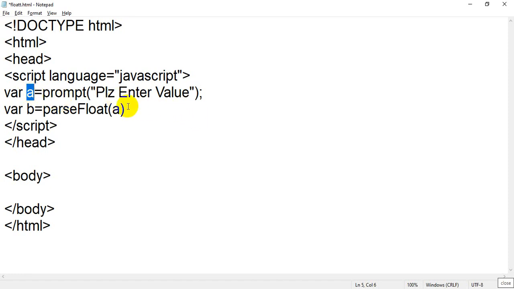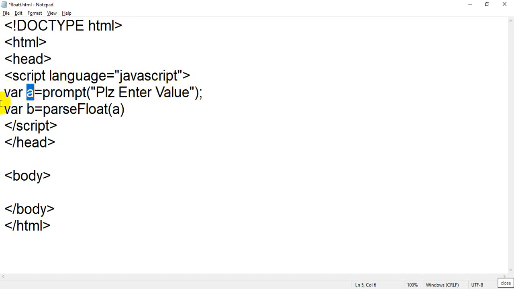This line we have seen just a few minutes back, where I have written document.write(a), so it was displaying the value of a. The value of a is stored, and the value is coming from the prompt box. Now this line is enough. When your cursor comes to the next line, because your execution, your interpretation, starts line by line, once it enters the JavaScript code, first it will declare a variable, then it will generate a prompt box, then you enter some value, and that value will be stored inside variable a.